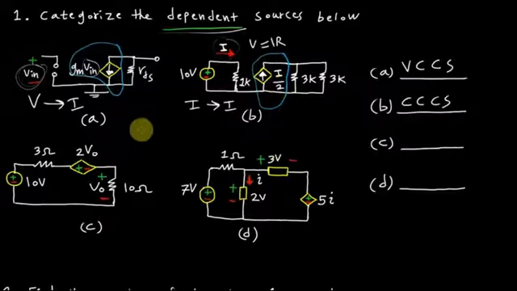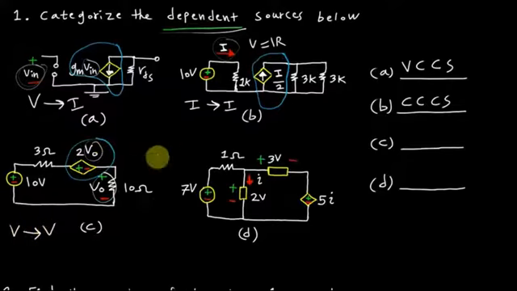For part C, we look immediately to the dependent source in a diamond shape, and we see that there's a polarity indicated, so we know it's a voltage source. We also see that its value is 2 times V sub 0, and V sub 0 is a voltage quantity across this 10 ohm resistor here, and for those reasons we indicate that it is a voltage leading to a voltage, or a voltage controlled voltage